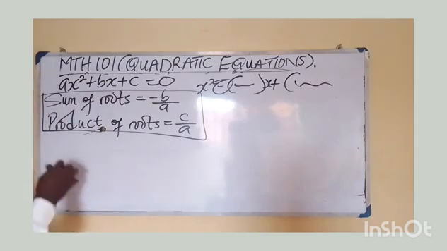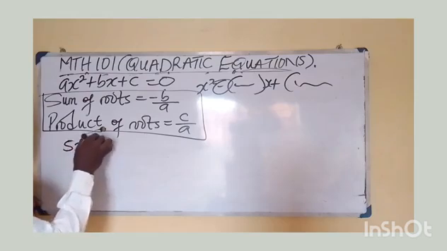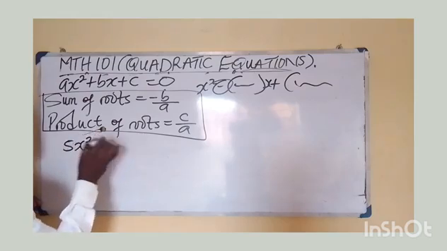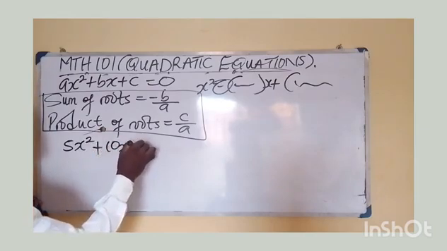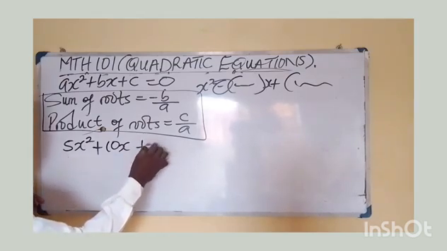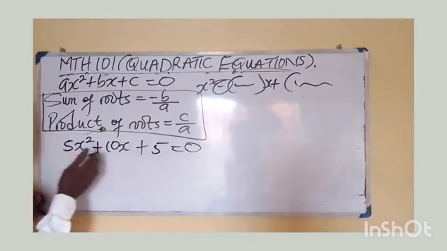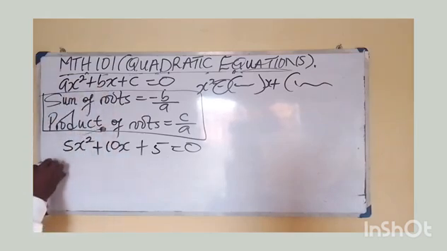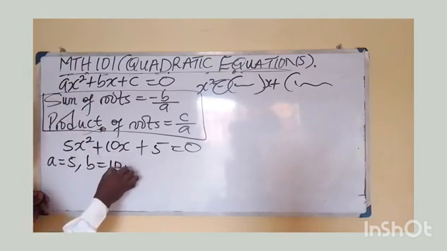Say for example, if I have 5x squared minus, meaning plus 10x plus 5 all equal to 0. In this case, we are going to be comparing this with this. So a is 5, because 5 is occupying the position of a. Then b is 10, and c